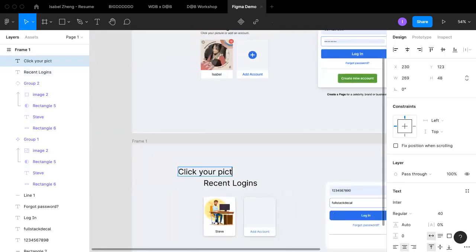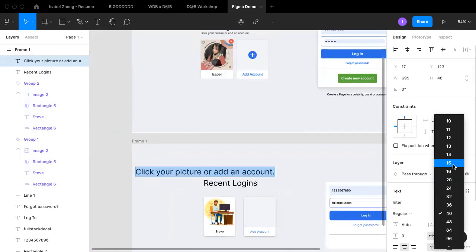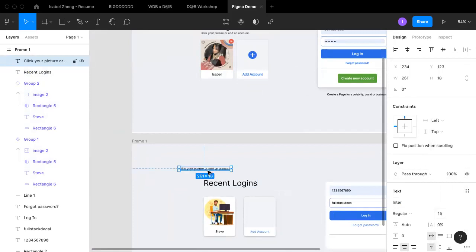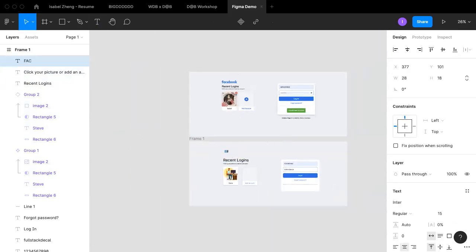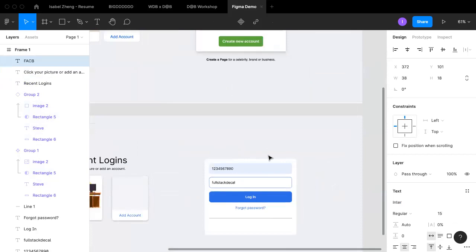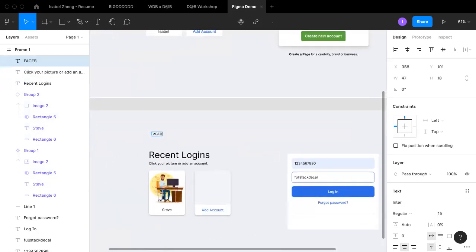Click your picture or add an account. I don't know what the Facebook font is,